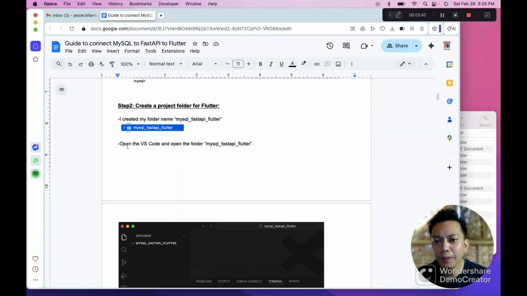Then open the VS Code. So we're going to open the VS Code.